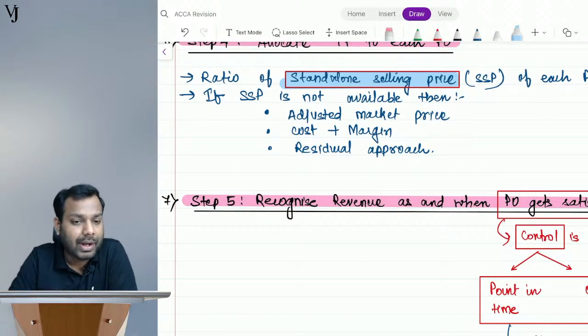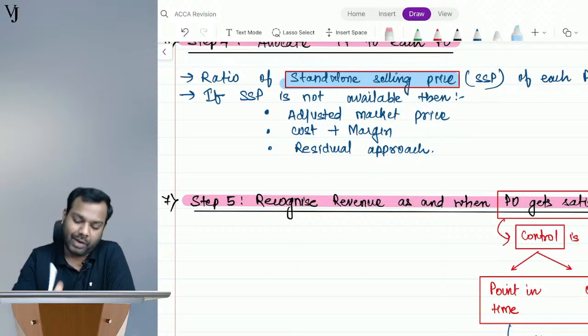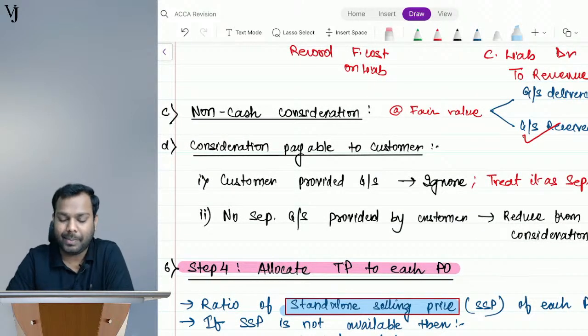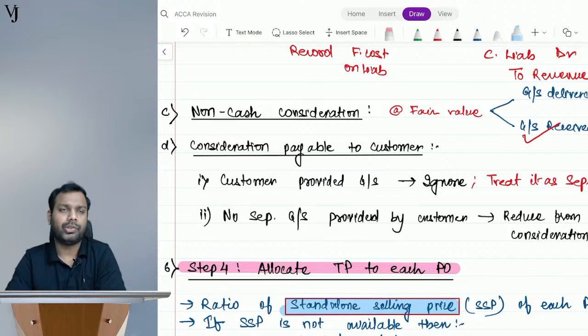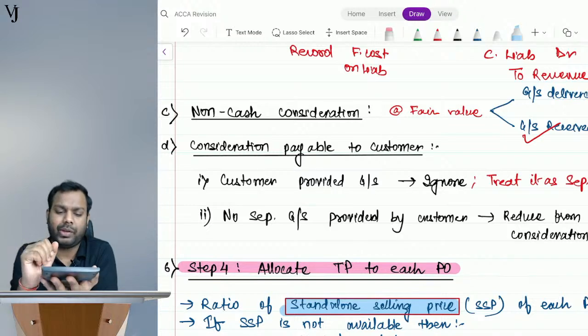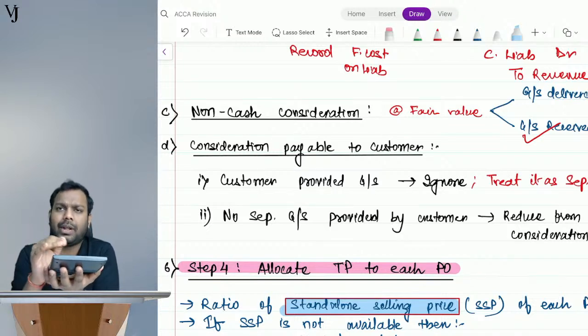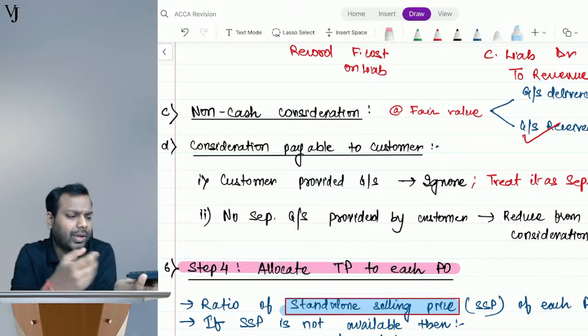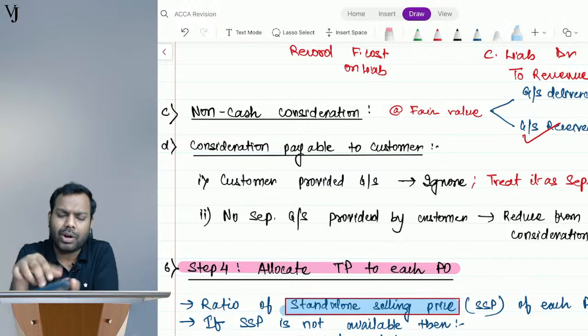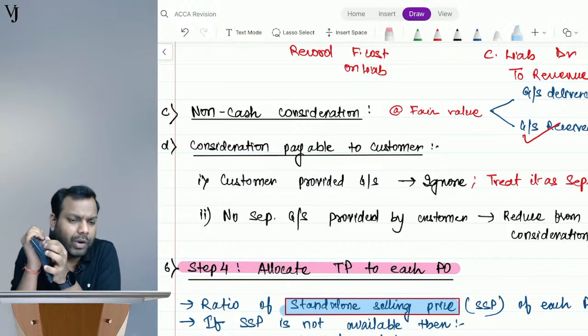Vishakha has a query: can we take the likely transaction which is in cash for measuring the revenue amount? She has a query from non-cash consideration, which I missed, I believe. Let's suppose I am selling this calculator to someone and he has given me a non-cash consideration. But let's suppose I sell this calculator to someone for cash also, whatever the price he has paid me, can I take that price as revenue for this transaction also? Is that your query, Vishakha?